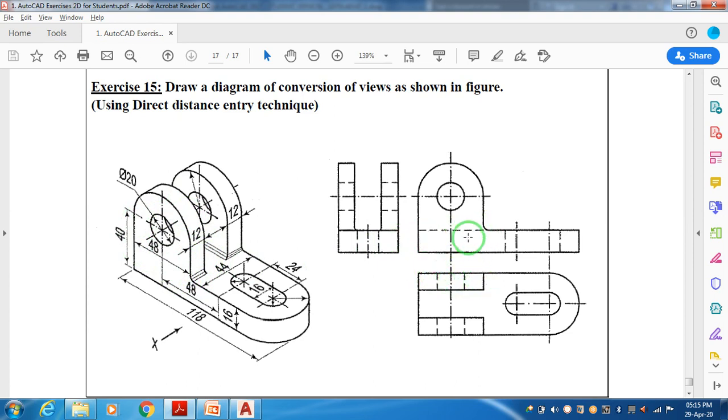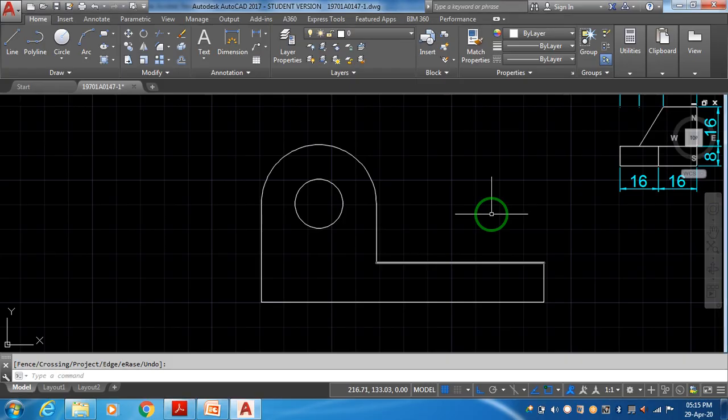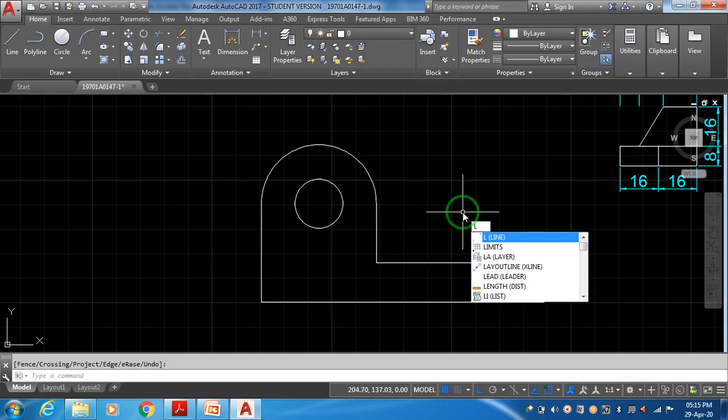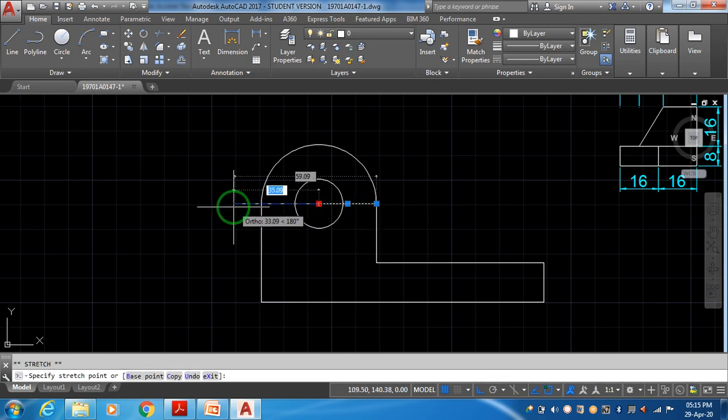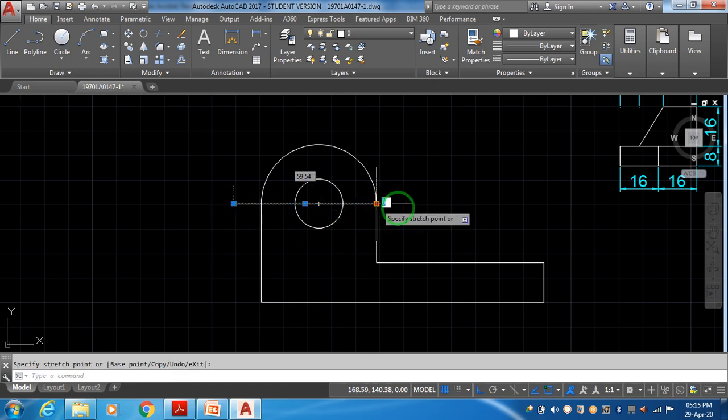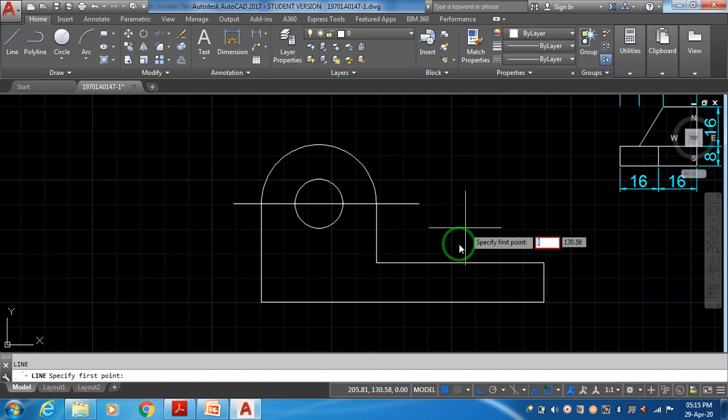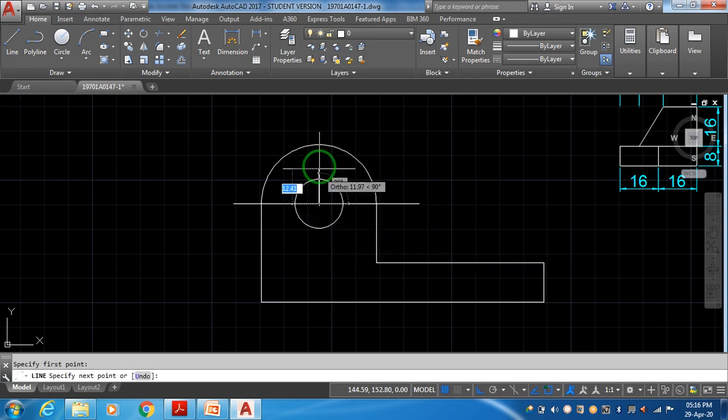How to do that? See, first of all, I will draw the center lines. Just try to draw the lines first. I will tell you. Line from center to this, enter. Right, you have only drawn the line. Select them and try to pull them towards outside. Horizontal one, same line, enter. Center, vertical towards outside some, enter. Same line, select it, and you can stretch it. These are the two lines.